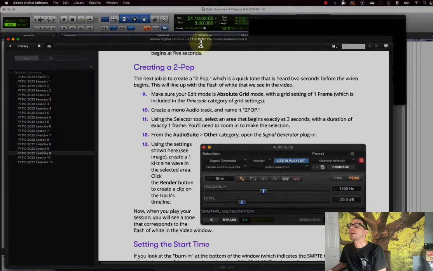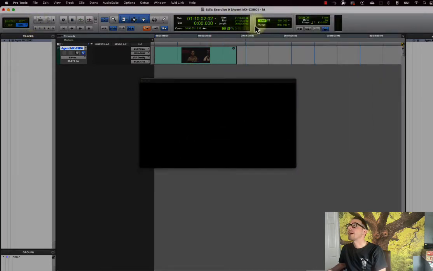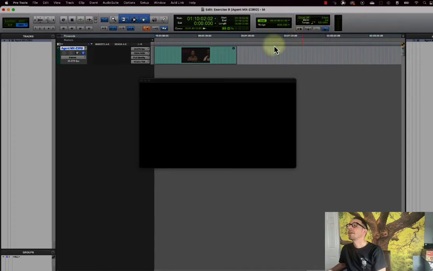Make sure your edit mode is in absolute grid mode with the grid setting of 1 frame. Okay, so we want to make sure that our grid is set to absolute grid and that our grid is turned on and that it is set to timecode, 1 frame. And the reason we're doing that is because